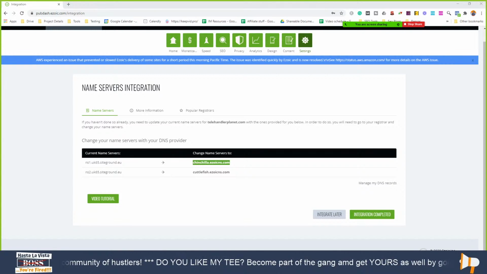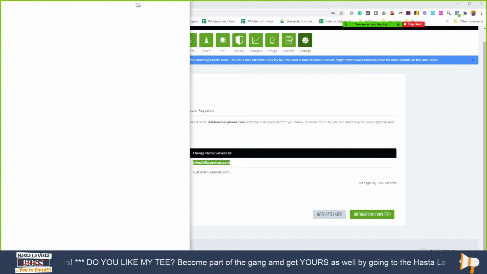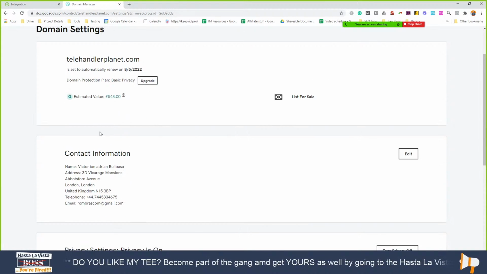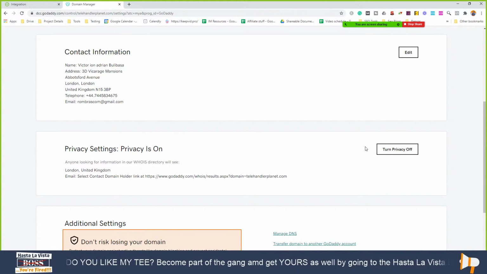So we had him disable the anti-bot CAPTCHA, which is there just in case there's bot traffic or a lot of traffic coming from one IP to your site, but in this situation, it's okay because they're coming from our IPs. You will have to change your name servers at your registrar. I did a little research before, and yours is GoDaddy. So we're going to need you to change your name servers.